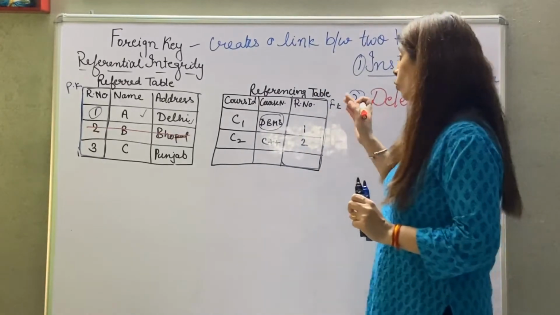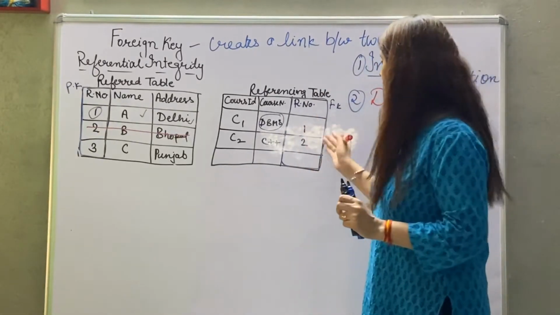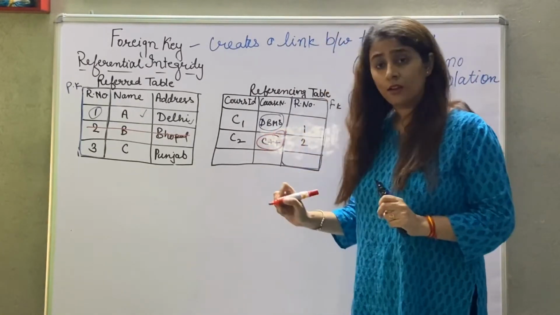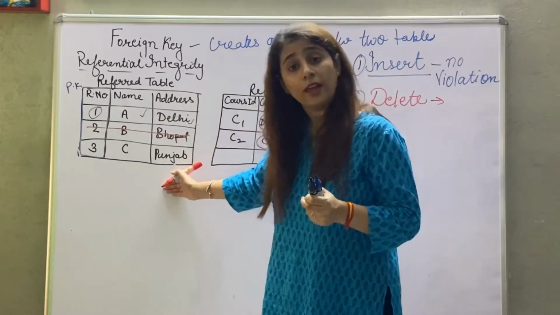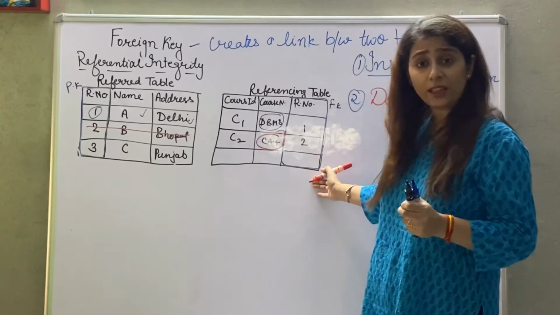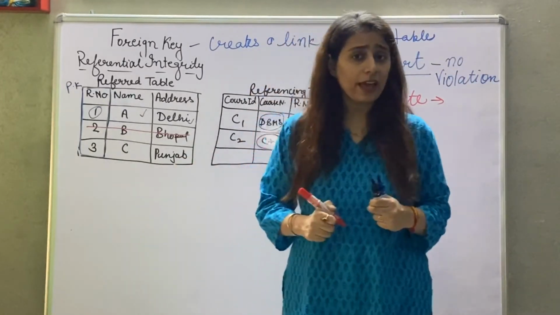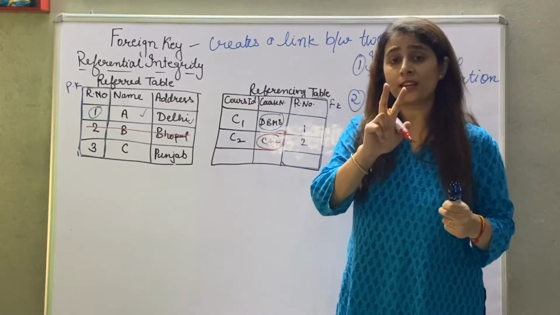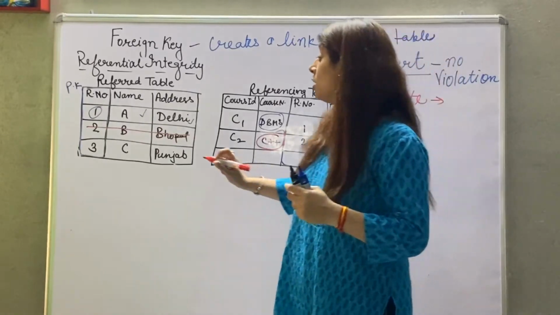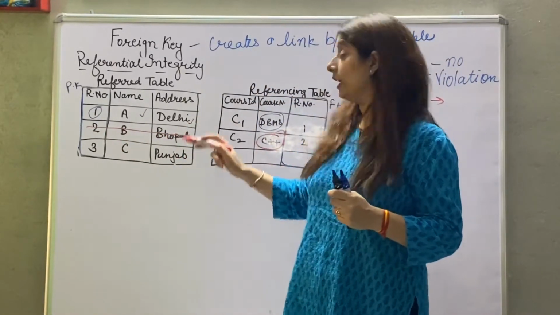But what this table is telling me is that the child is here and he belongs to this course ID, because I have deleted from here only. I have not deleted from this table. This table is saying something else. So two tables are telling me different things. So if I delete B here, then I have to delete from here also.